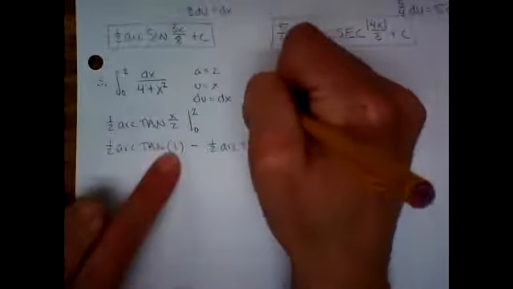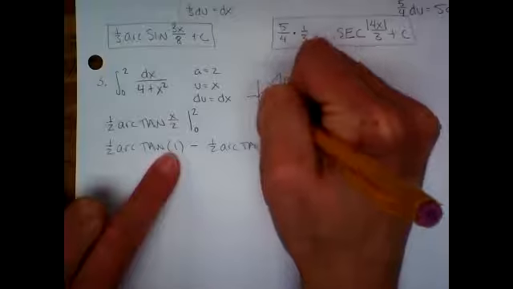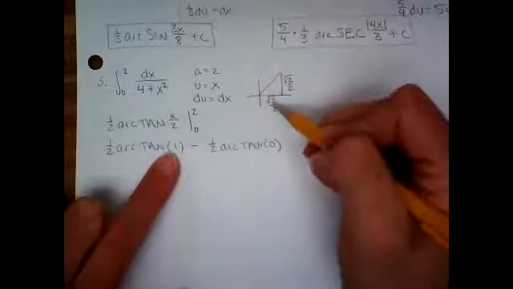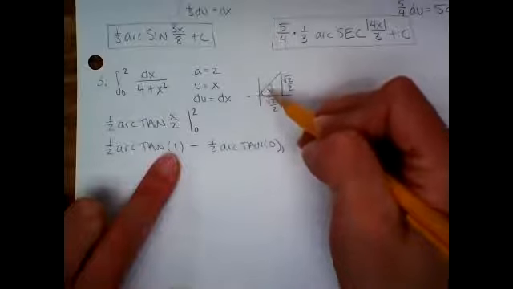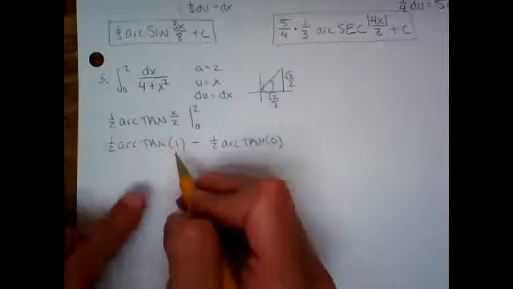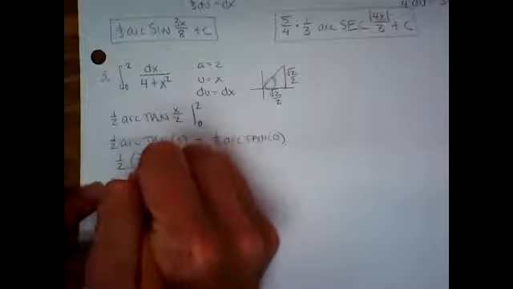1 is a little bit tricky. That's the triangle where both the sides are the same because anything over itself is what? Remember, tangent is y over x. Anything over itself is 1. So what is this angle? That's our goal there. Pi over 4. Good. All right. So this is 1/2 times pi over 4